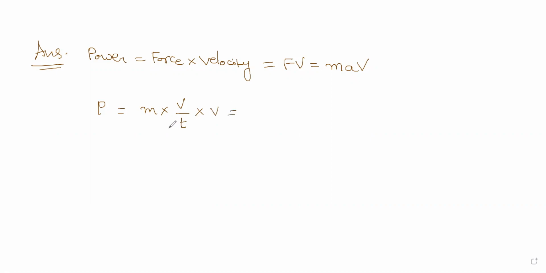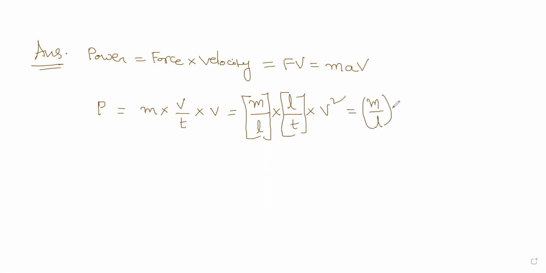Now we will do one more thing here. Mass we will divide with the length of the pipe, and again write L by T. I divided with the length, M by L into L by T into V is V square. But what is L by T? Again velocity, right? So I will get M by L into V cube. What is M by L? M by L is the mass per unit length of water, that is 100 kg meter power minus 1. This is what they have given.